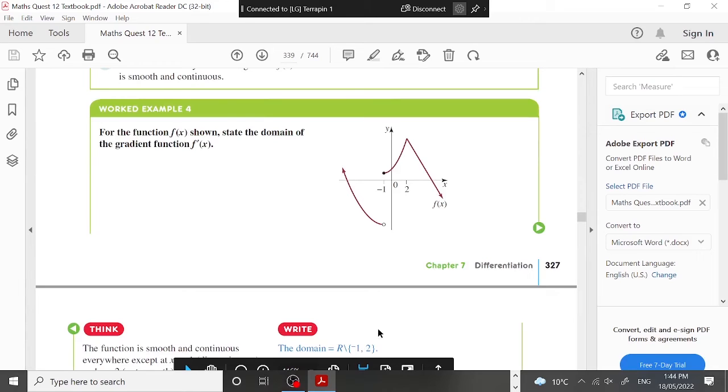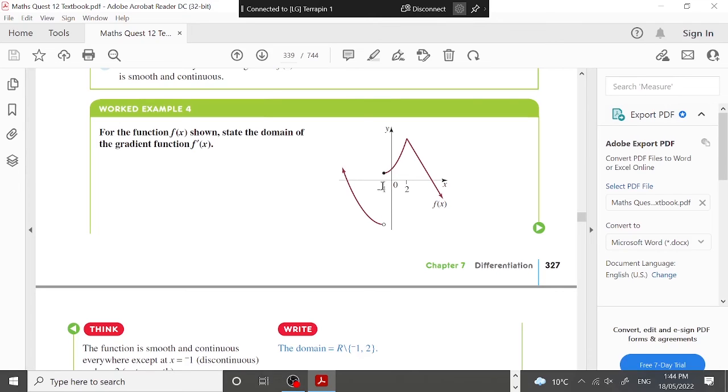So if we just have a look at this example 4 that's on there, for the function shown, state the domain of the gradient function. In other words, we just need to see where the gradient function will be defined. Remember, it will be defined wherever it's smooth and continuous. So you're looking to see, are there any points where it is not smooth and not continuous, and that's where it will be undefined. So we can see here that at x equals -1, there's a break in the graph,